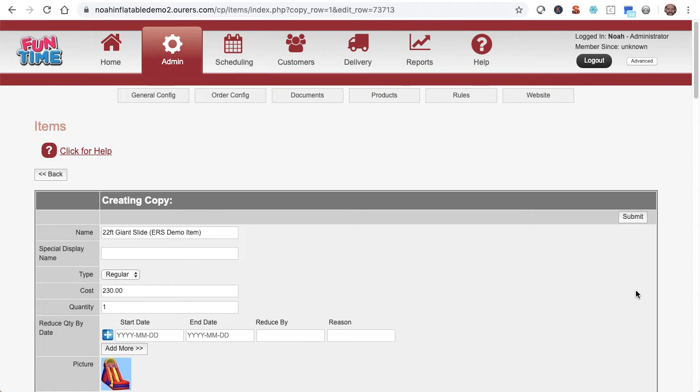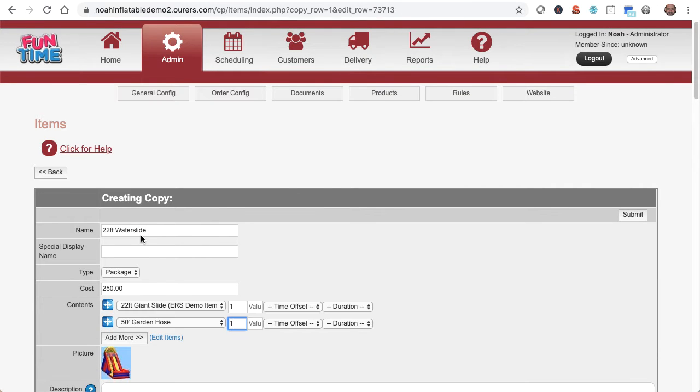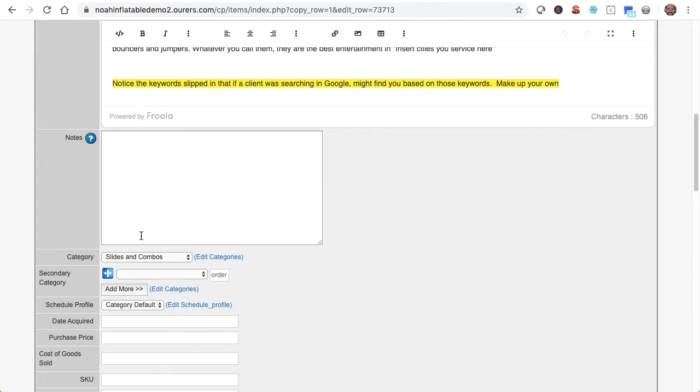So again, copying is the easiest way to do that. And I'm going to leave the picture as is, and I'm going to go ahead and leave it in the slides and combos category. Later on down the road, I'll create a water slides category and move this into that. Or better yet, I'll put it in the water slides category and actually put it in slides and combos as